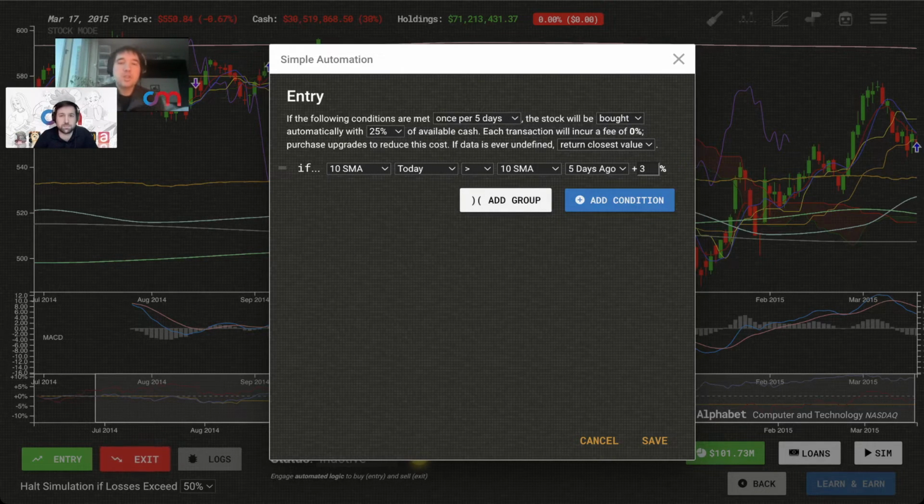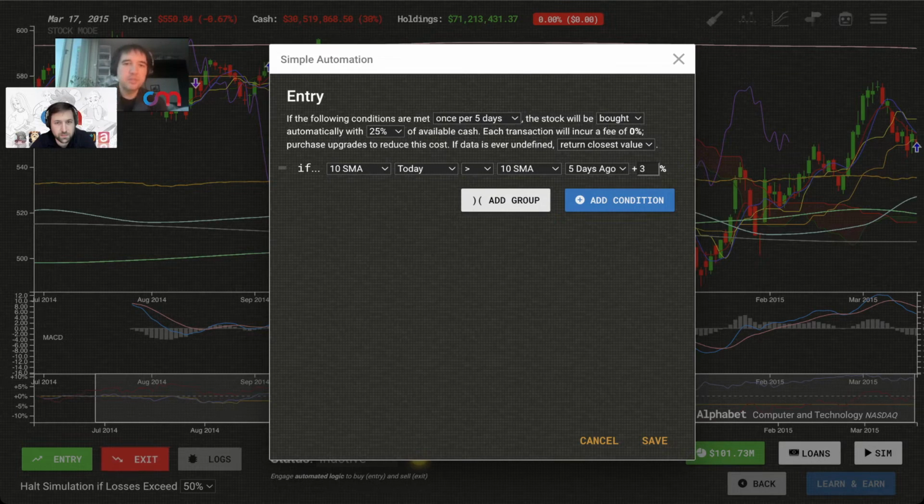So I think I mentioned earlier that a very simple trading strategy is the whole trend is your friend thing, right? So right here we have an if statement, and we have all of these different indicators that we've unlocked, including the Ichimoku, the Tenkan-sen, and the Kijun-sen of the Ichimoku, once you learn what those are.